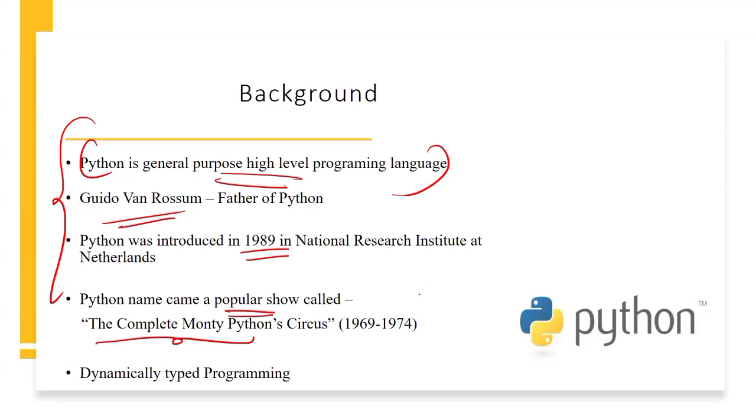And it is also called a dynamically typed programming language. Okay, let's see what this dynamically typed programming is. In this slide, if you want to remember just one thing, remember that it's a high level programming language and its name comes from a popular show, Monty Python's Flying Circus. From that, they picked the Python word. Okay, now,